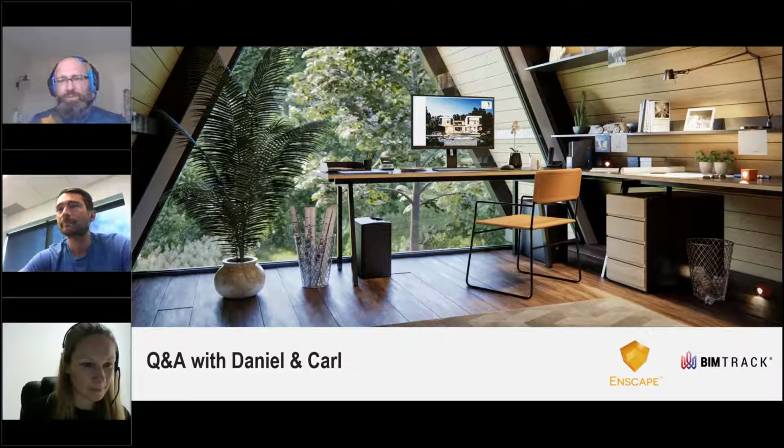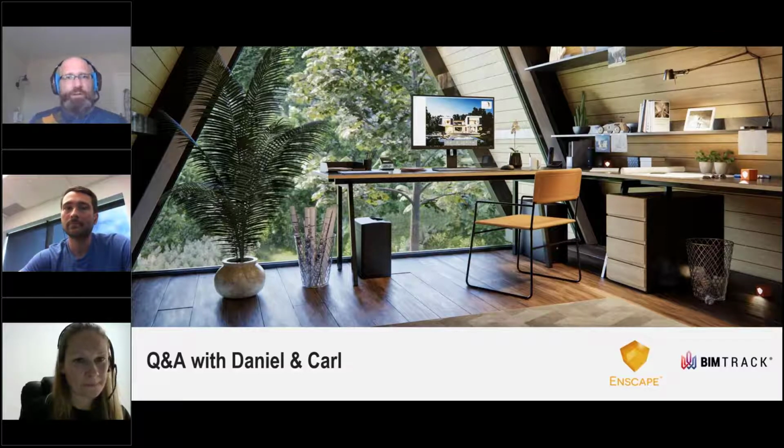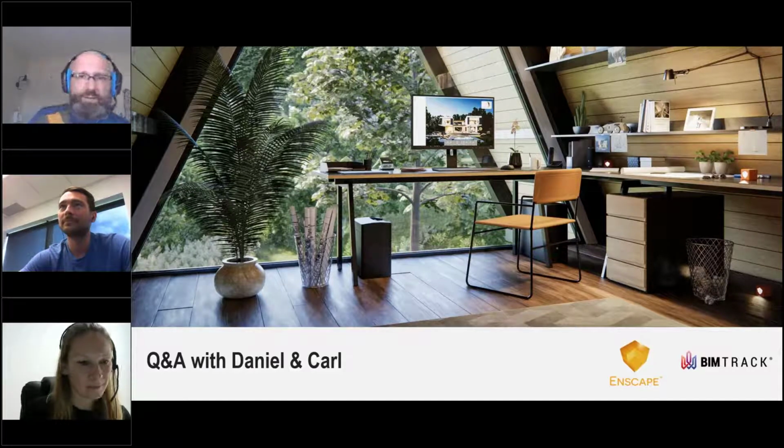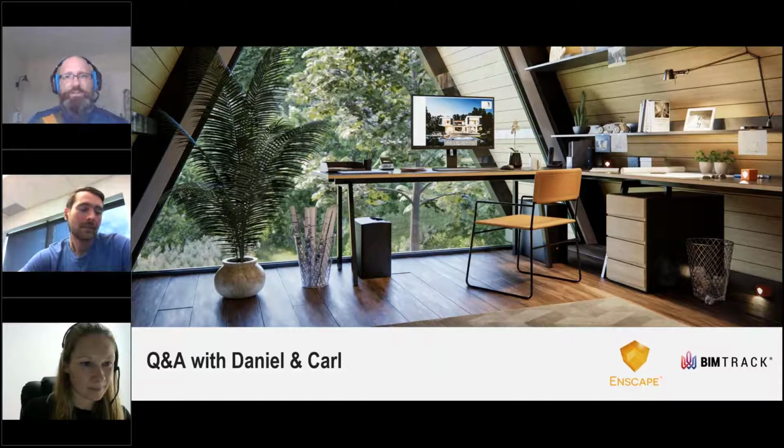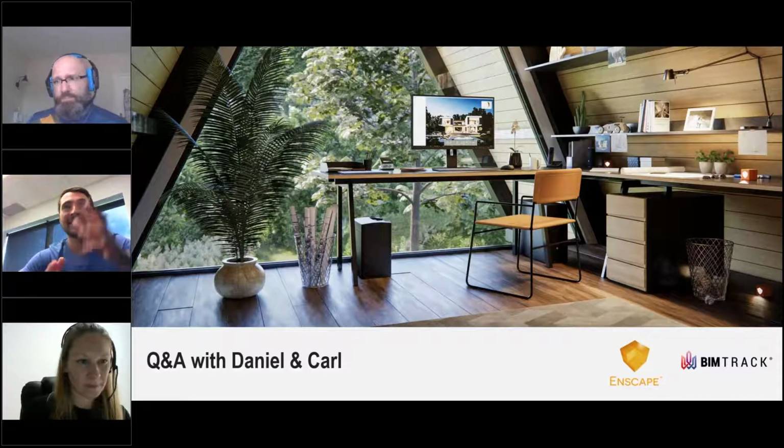That's one thing Enscape does really well when you compare it to other solutions like Twinmotion, for example, or what's the other one? God, I'm getting old. Those guys really require serious hardware. Enscape is doing a little better in this department. It's also going to depend on the size of your project. Obviously, if you're working on a super large project, like a hospital, you're probably going to need some serious resources to run Revit. There are all sorts of tricks that the guys at DataShape can probably help you with.